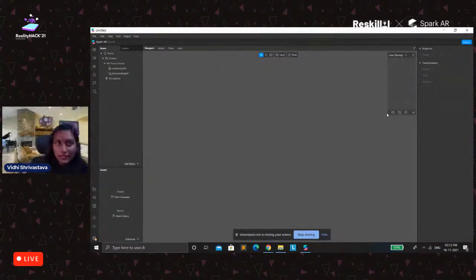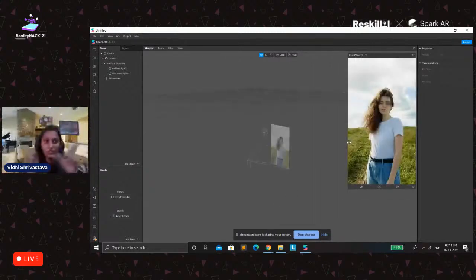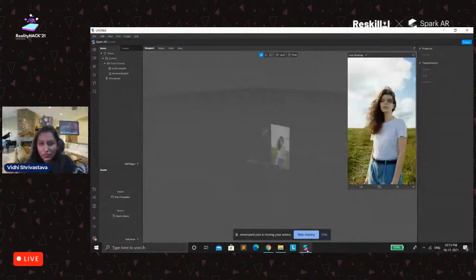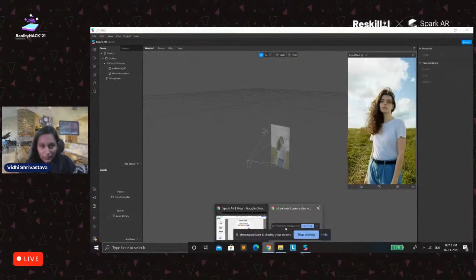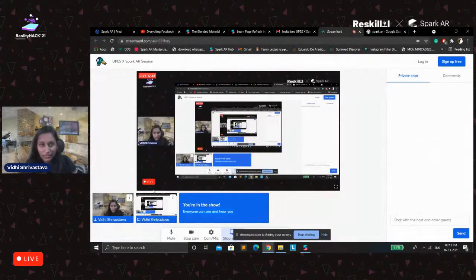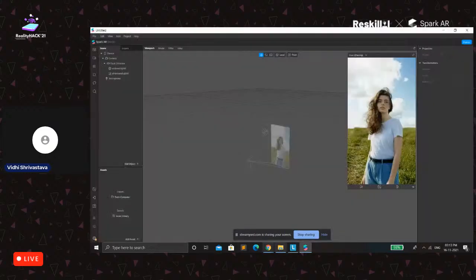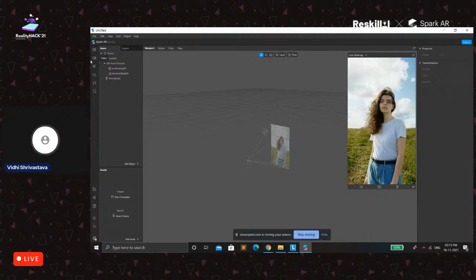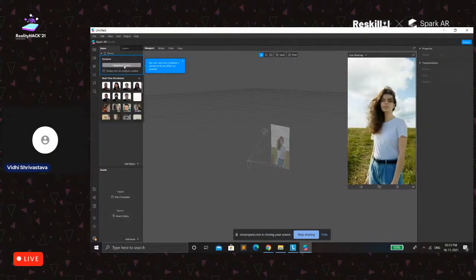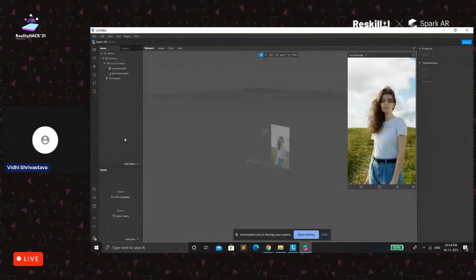Cool. So here is the blank project that we have created. There are some subparts of the screen which you'll be able to see here. I'll just switch on my camera so that it will be easy for us to see what's actually happening. If you want the integrated camera, or if you want to see how the effect works on your face, you could just go to the video and enable the integrated camera, this one. So first, let us discuss the screen that you could see here.